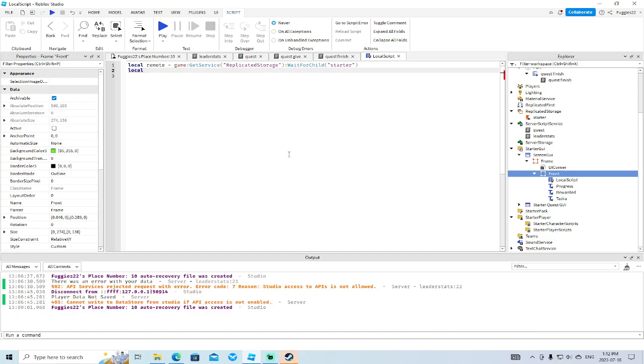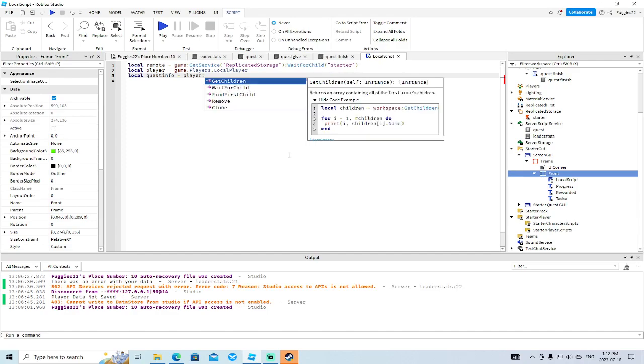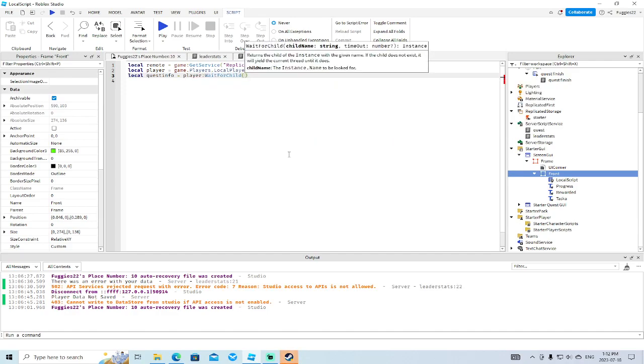And we'll say local player equals game dot players dot local player. All right, and then we need one more. Local quest info equals player wait for child